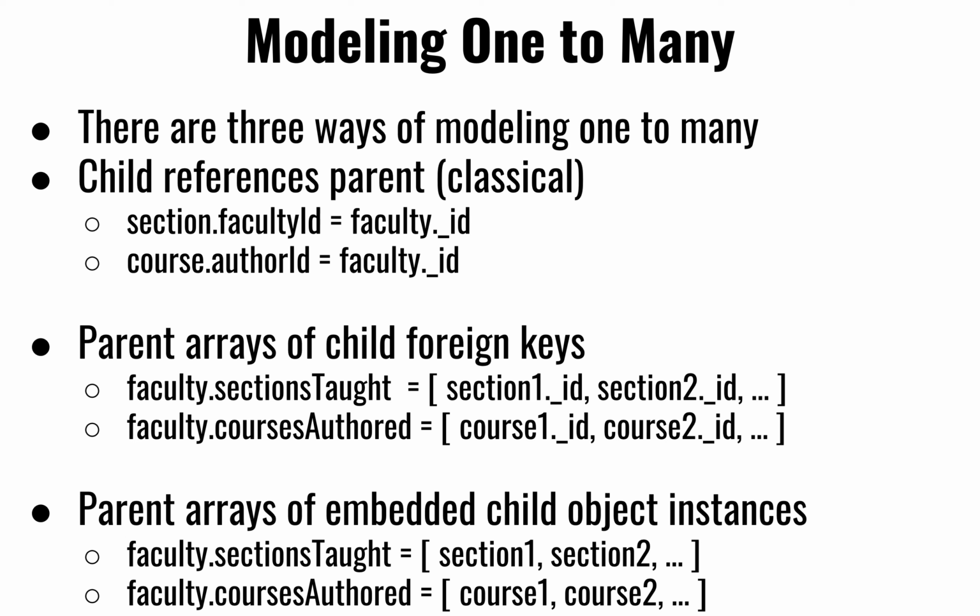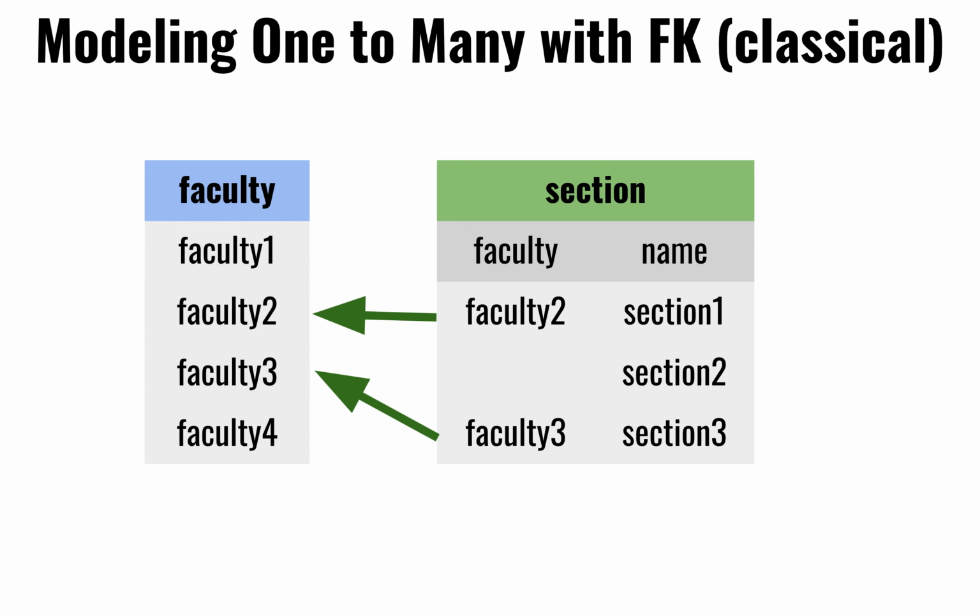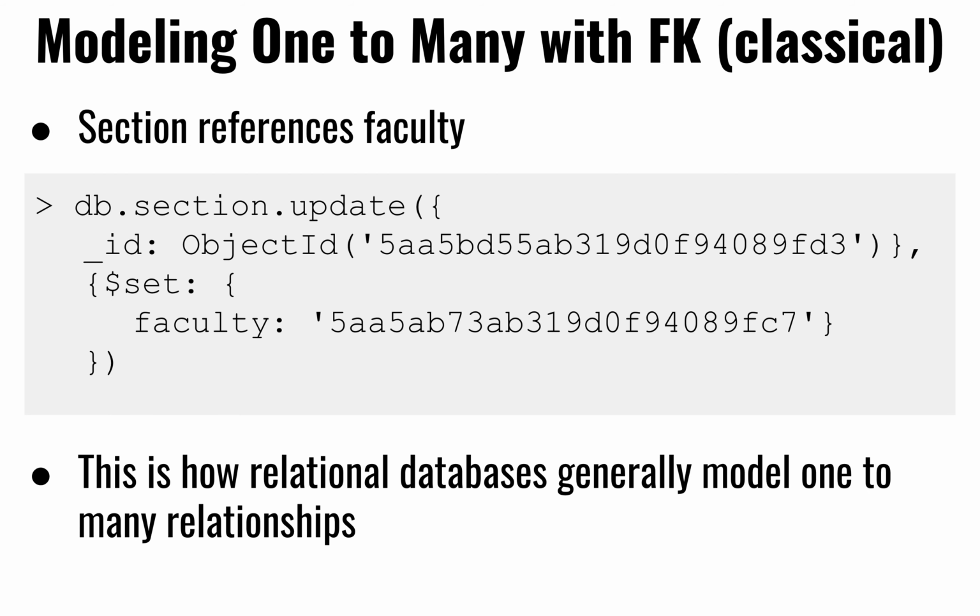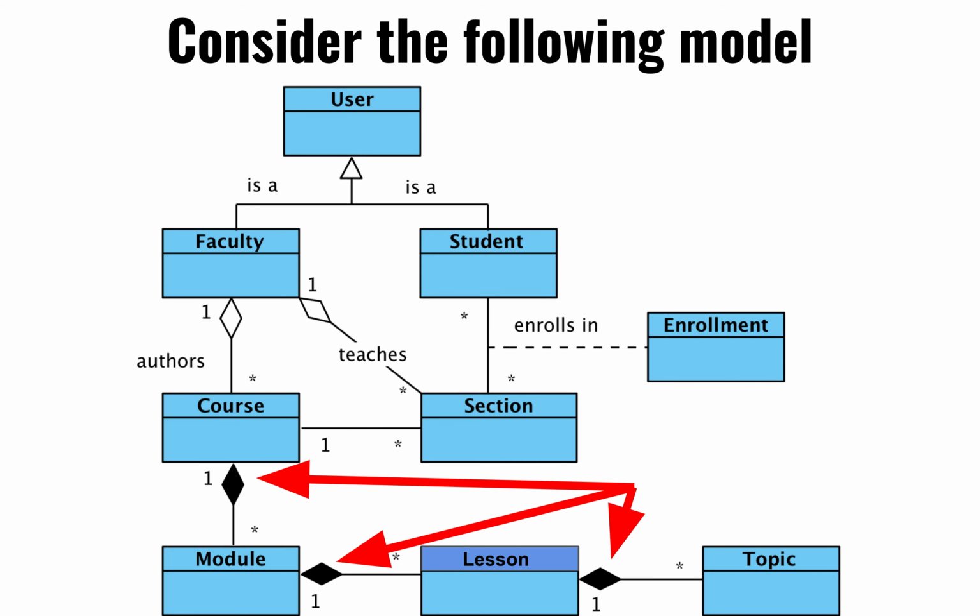Obviously, sometimes we can't, and we have to do queries, and we have to do joins, and we do have to do that. But to the extent that we can reduce any dependencies between documents, we should take those opportunities. So here's the example of faculties, sections referring to the faculties that are teaching those sections. And so here's an example of setting the faculty pointing to a reference of that faculty, or embedding the objects,